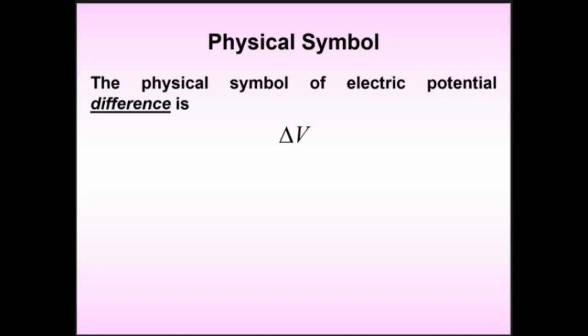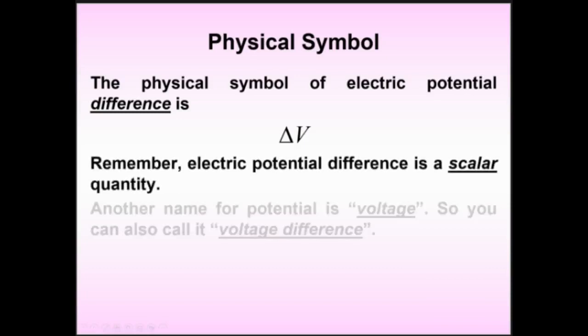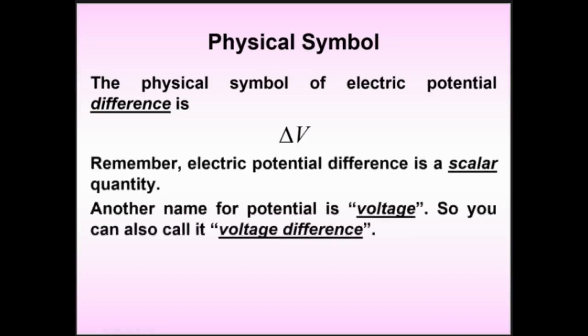Okay, how about the sign? Could this be positive? Any delta generally could be positive or negative, or zero if the two values you're subtracting are the same. Nice. And you're going to see today that when we connect this to the voltmeter, and we switch the terminals, the needle will want to move the other way, because now the electrons are forced to loop in a completely different direction. Yes, you're right. So remember, electric potential difference is a scalar quantity,